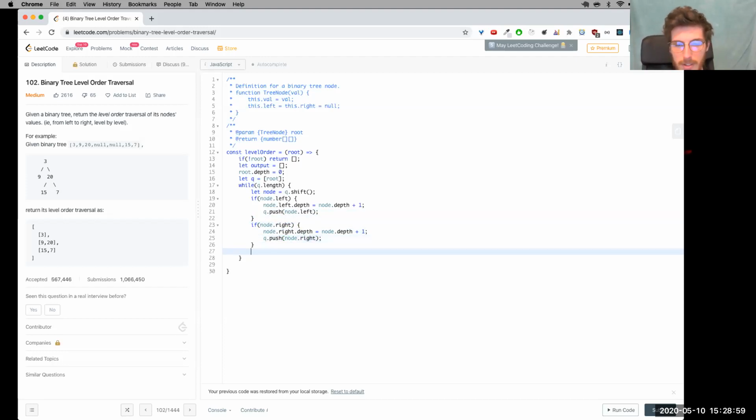Cool. So now we've added some things, but we still haven't processed our current node in any way. So now we have our chance. So we can say, hey, if output at node.depth. So if there's something at this current node, so in the array, if we have an element already at this index, then I can just go ahead and say output